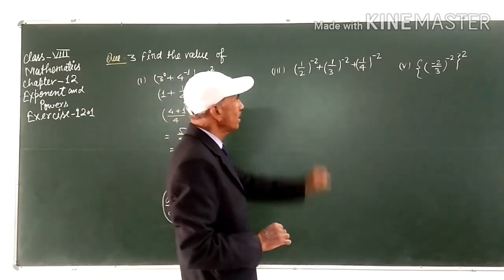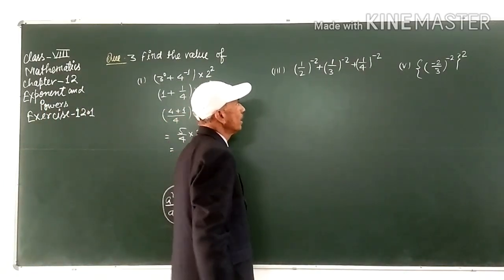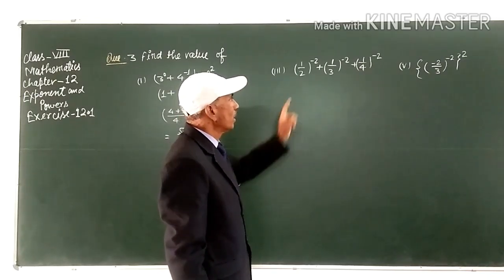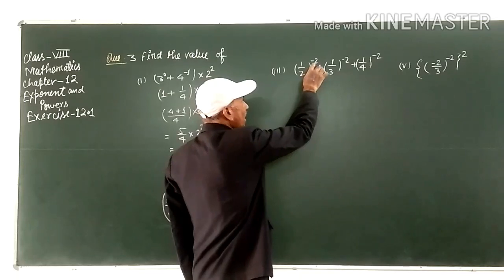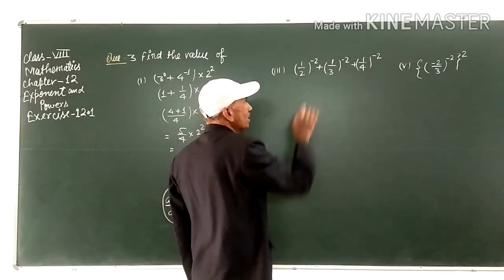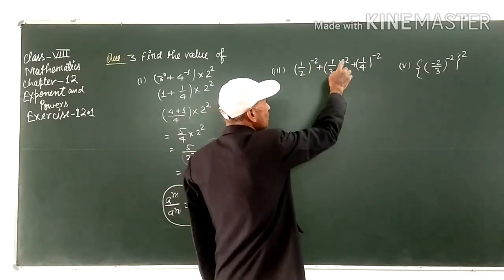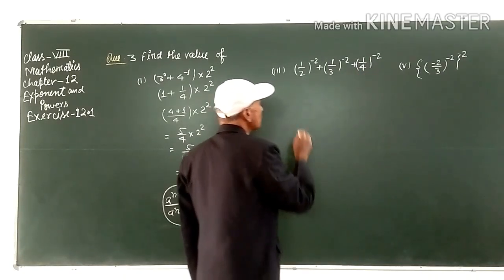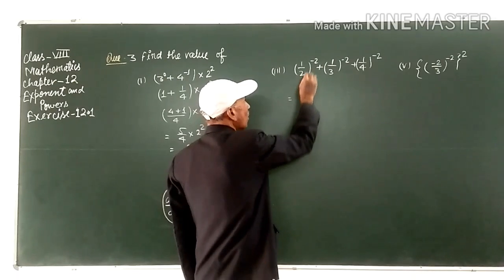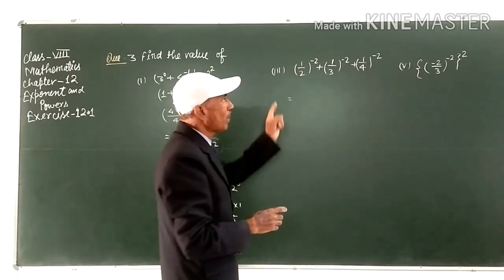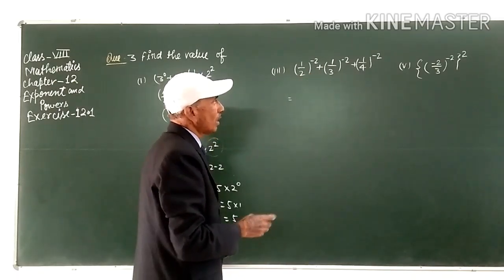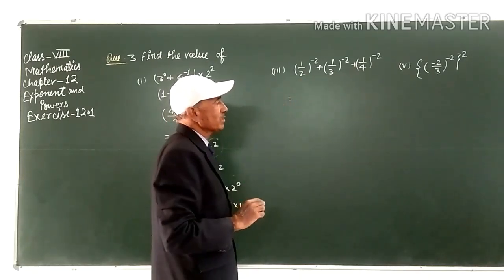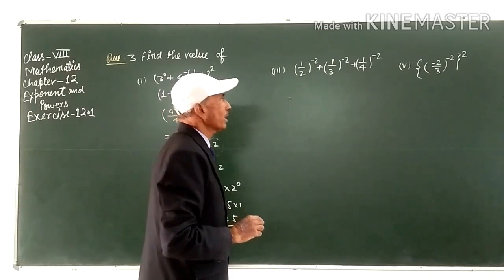And in this question students, this one, powers are negative here. Clear? So this one 1 by 2 to the power minus 2, 1 by 3 raised to the power minus 2, and plus 1 by 4 raised to the power minus 2, and it will be, we have to change the powers into positive. हम powers को positive में change करेंगे, जो इसके exponents हैं स्टूडेंट, उसको हम positive में change करेंगे.